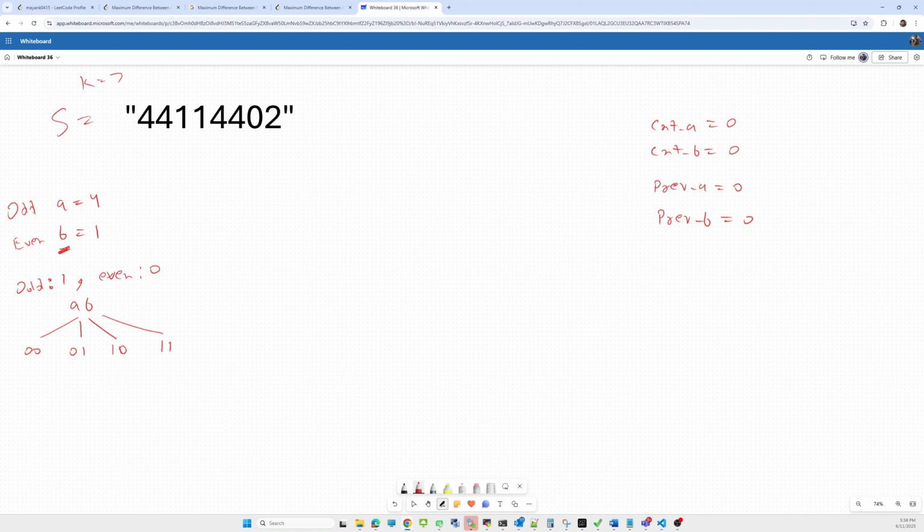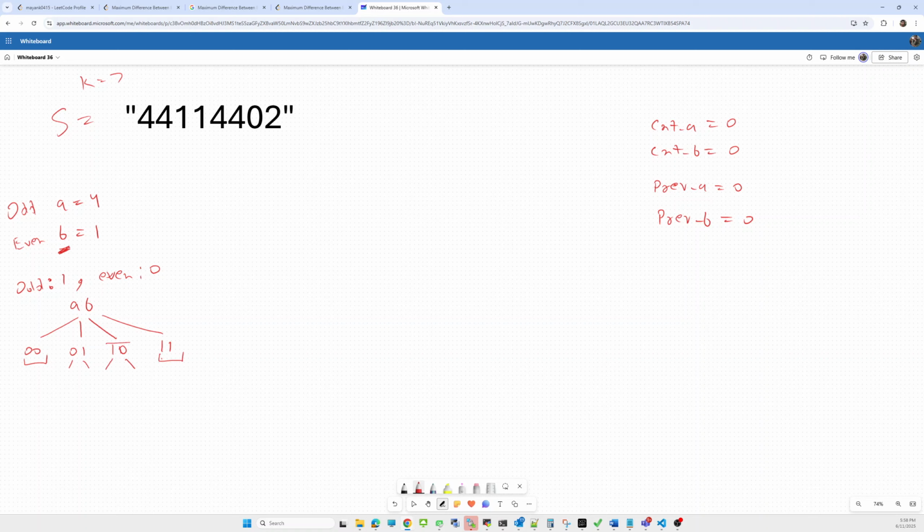So while traversing the string, the frequency of A and the frequency of B will both be even, or one will be even and one will be odd, or one will be odd and one even, or both will be odd.